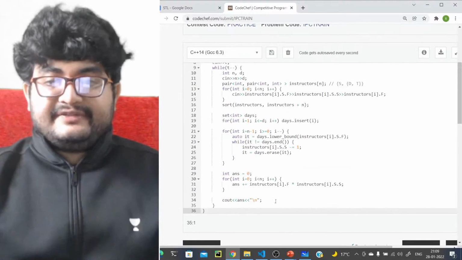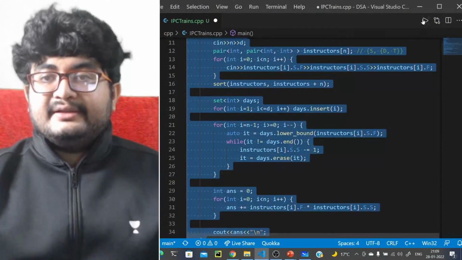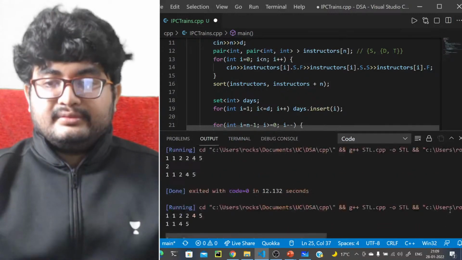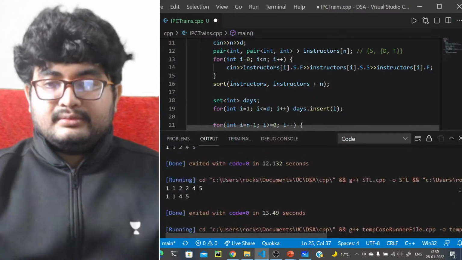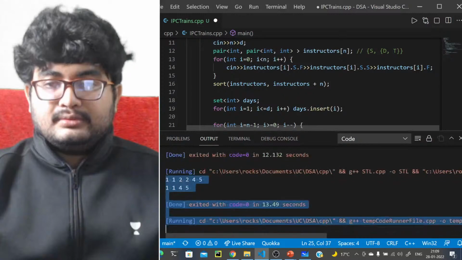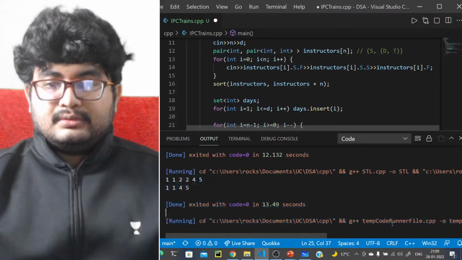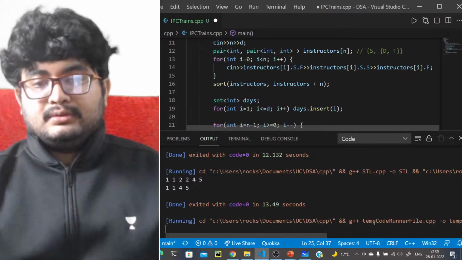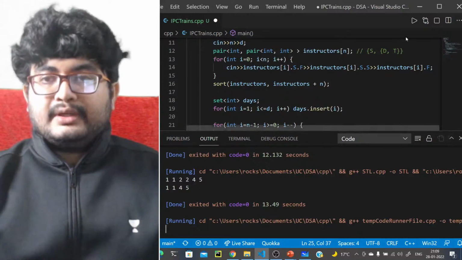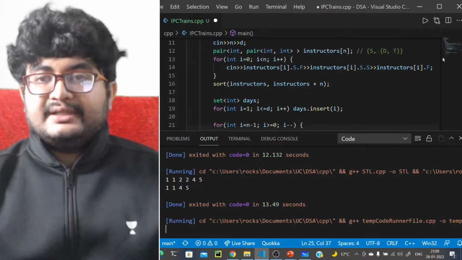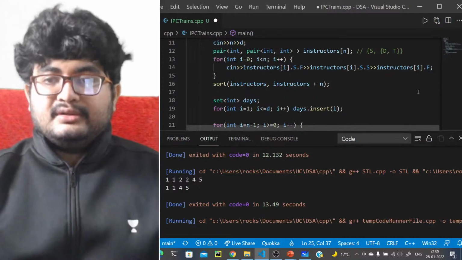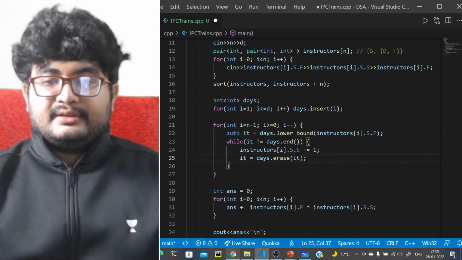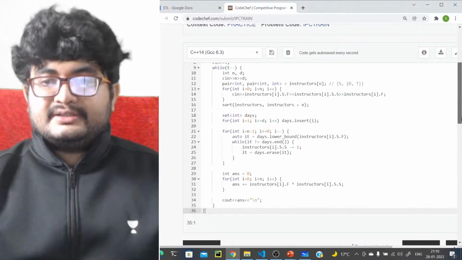Let me just see if this compiles first quickly. If this compiles, then it's fine, I believe. Okay, I think it compiles, so let's just stop this for now and run this.